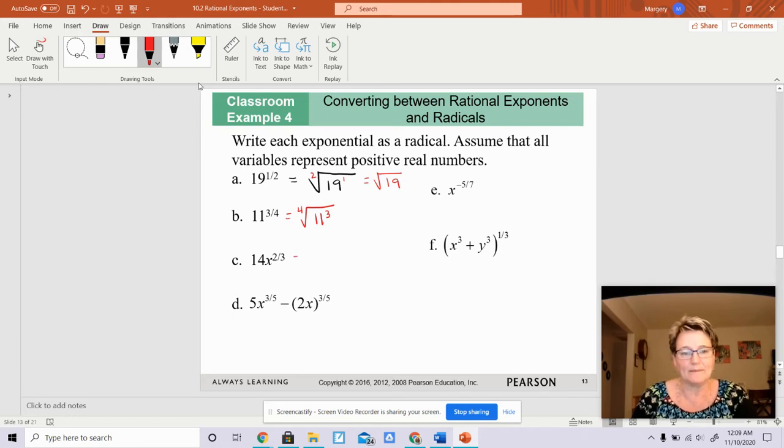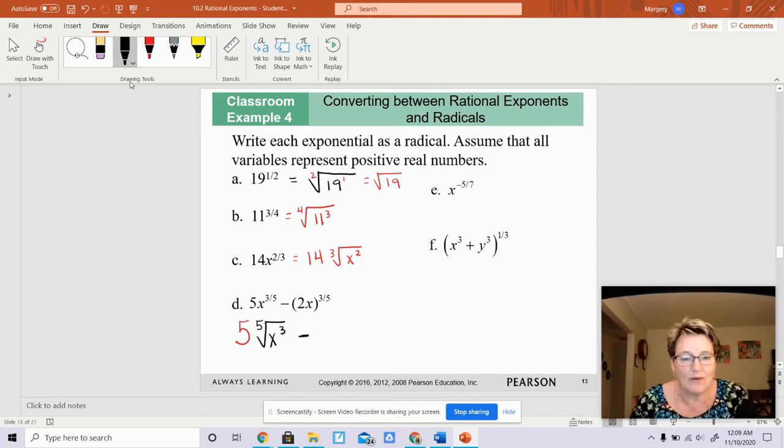This next part is tricky. The only thing that is to the 2/3 power is x. So it's going to be 14 times the cube root of x squared. Because it's an x squared, I can't take that out because that's a cube root. Now this bottom part, it's going to be 5. Because the 5 is on the outside, it does not have it going to the 3/5. So on this next part, I'll change colors. It's going to be the 5th root of x cubed